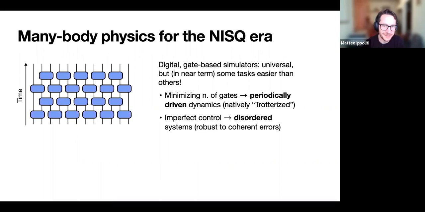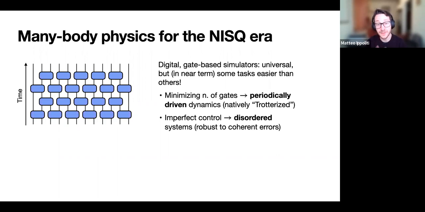And the main argument is that, as we've seen this morning in discussing quantum simulation, there is some overhead to simulating some system A with some other system B, right? And even though these quantum simulators are in principle universal, so they could do any evolution that one wants to simulate, in reality, in the NISQ era, we have finite resources in terms of number of qubits and also finite coherence time. So there are tasks that are easier than others, and it's reasonable to focus on tasks that are well suited to near-term exploration. And so two considerations here get us towards simulating these kinds of non-equilibrium phases.